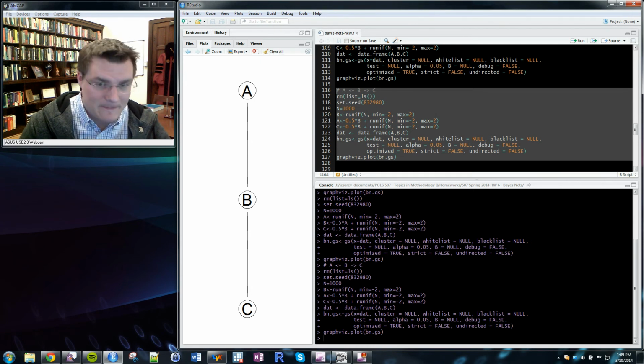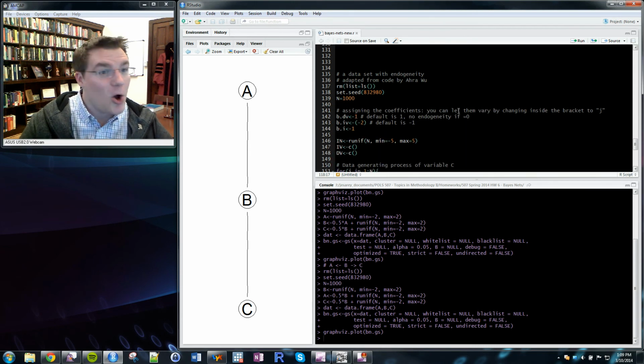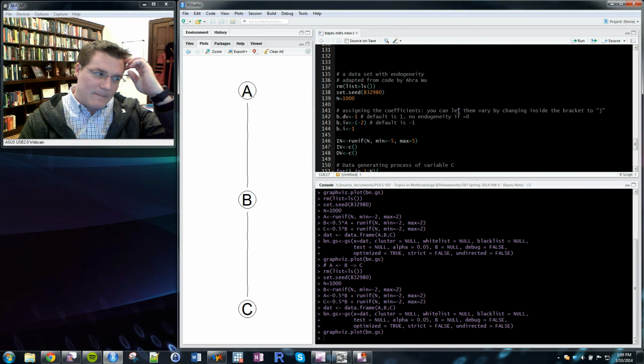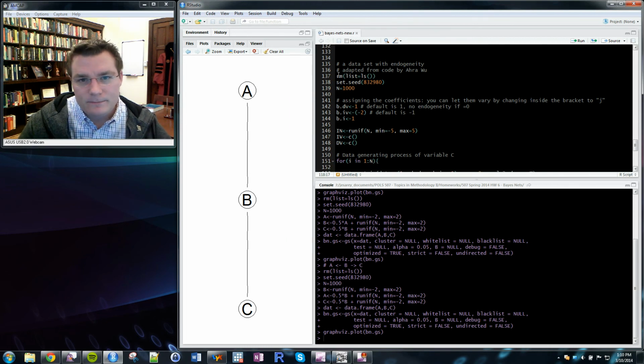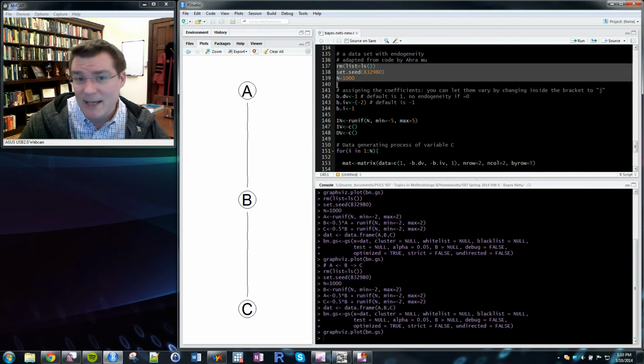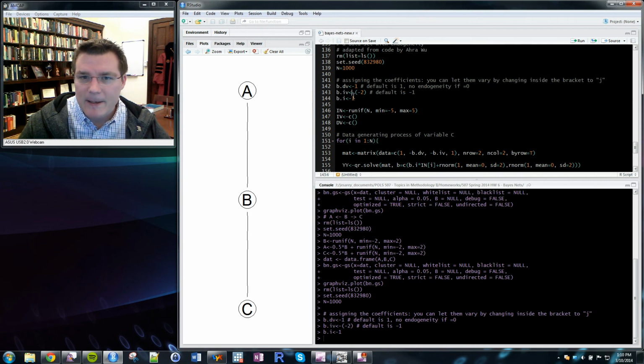While we're on the subject, I also wanted to add a little caution about using Bayesian networks. Remember the assumptions on which they're based and don't try to go outside of those assumptions. One of the assumptions we had to make for Bayesian network algorithms to work is that the graph must be a directed acyclic graph, which, among other things, rules out the possibility of endogeneity. So what I've done here is create an endogenous data set with 1,000 observations where the dependent variable and the independent variable are